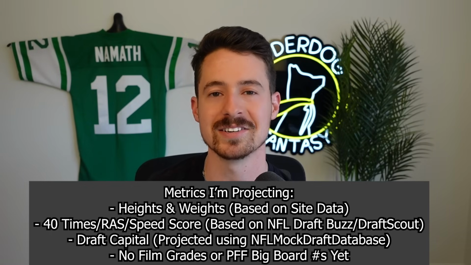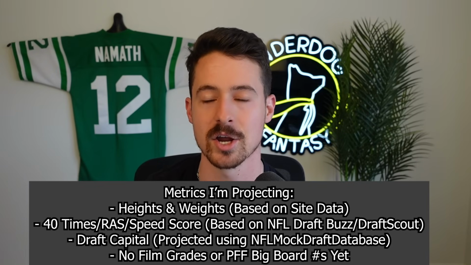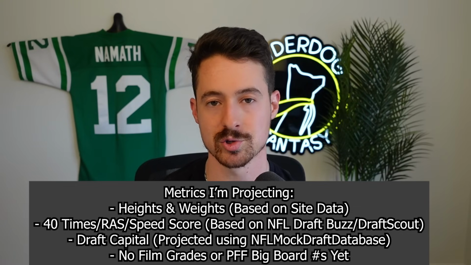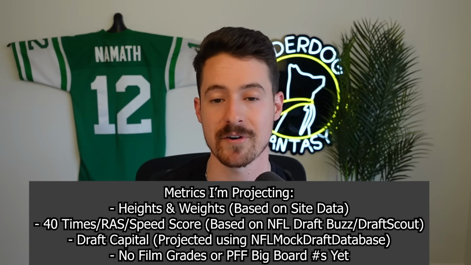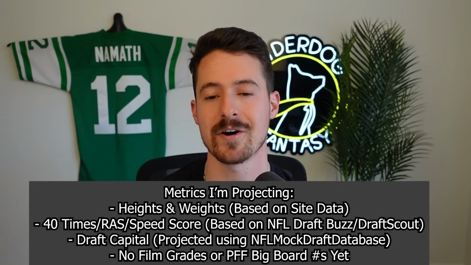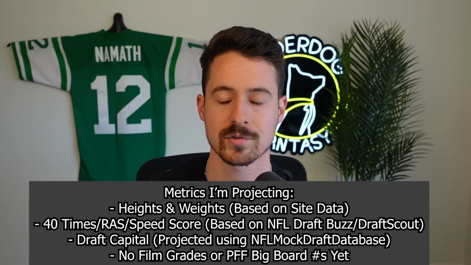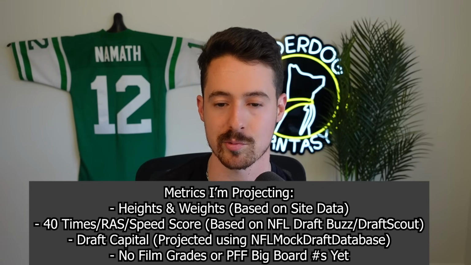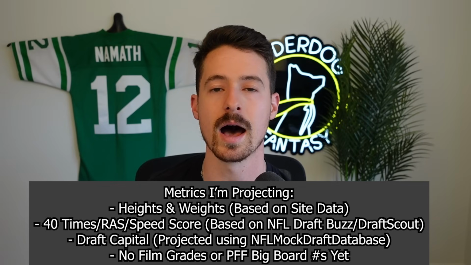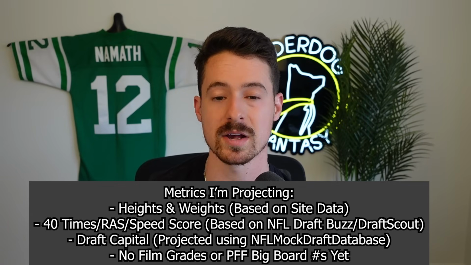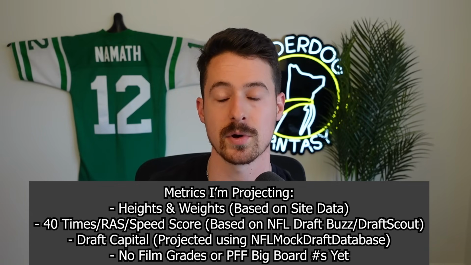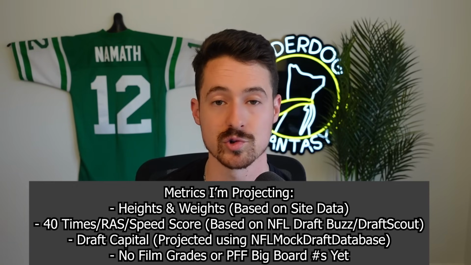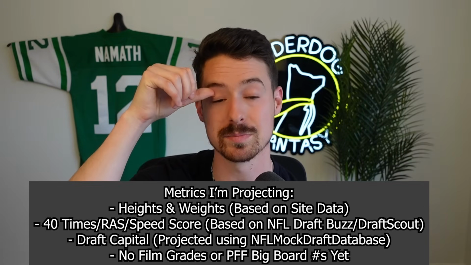But we do have a decent idea of, is this guy athletic? Is he not athletic? Is he big? Is he not big? That kind of thing. And we're going to go off of projected draft capital because, of course, the 2026 NFL draft has not happened yet. So we're going to use NFL mock draft database, which combines all the mock drafts going on. We have very few film inputs overall. So keep in mind, of all 3 categories, film, analytics, and traits, this will be the one that changes the most, because we don't have my official film grades yet, which is an input in the model. We don't have NFL.com's film grades, which is an input in the model. We have no official draft capital. The consensus big board hasn't been refined either.